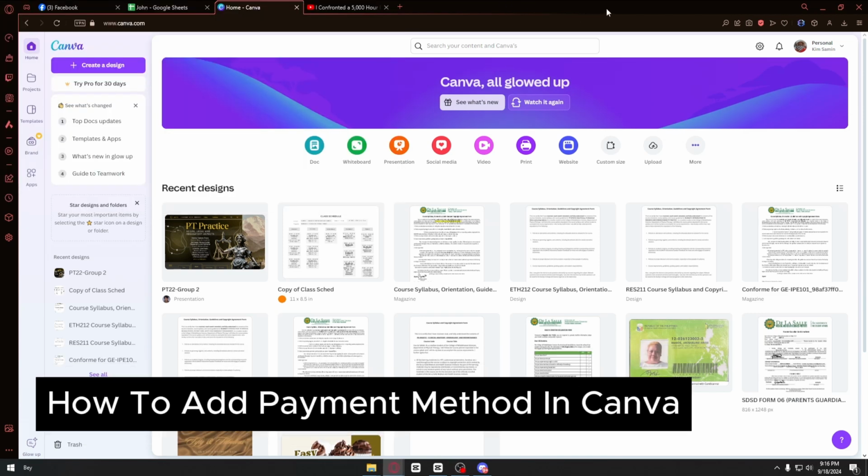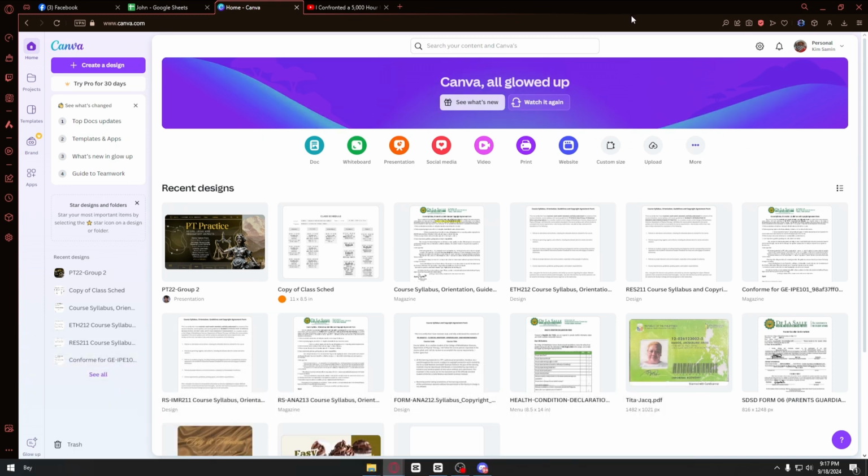How to add payment methods on your Canva account. This is a step-by-step guide so you will be able to follow easily. Now first things first, you want to log in through the Canva account that you want to add the payment